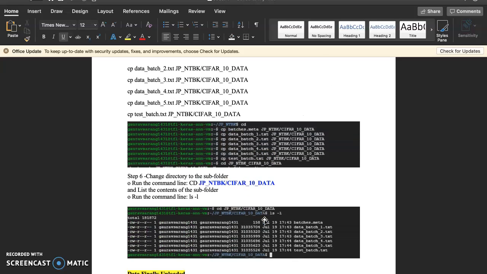Then we have to go to our subfolder which is named CIFAR_10_data, and we have to verify whether all the files have been uploaded there. To run this, the command was cd to the path /cifar_10_data.